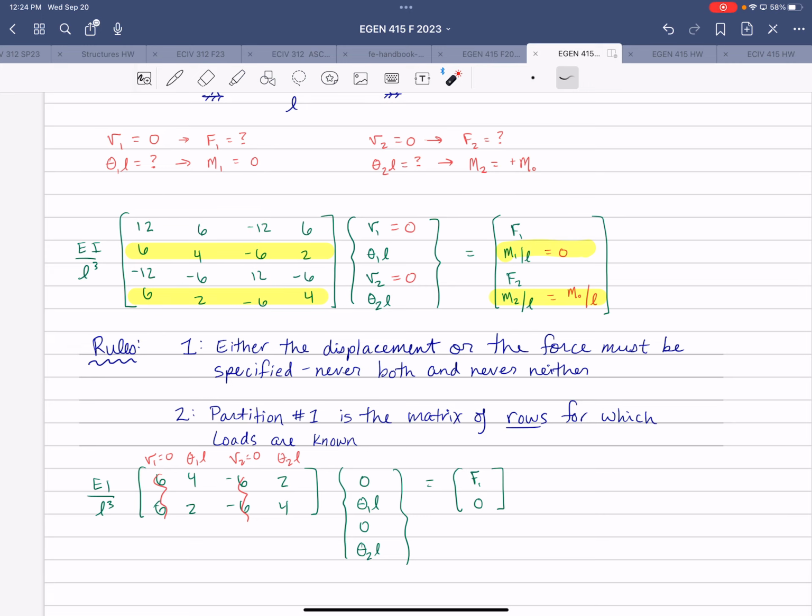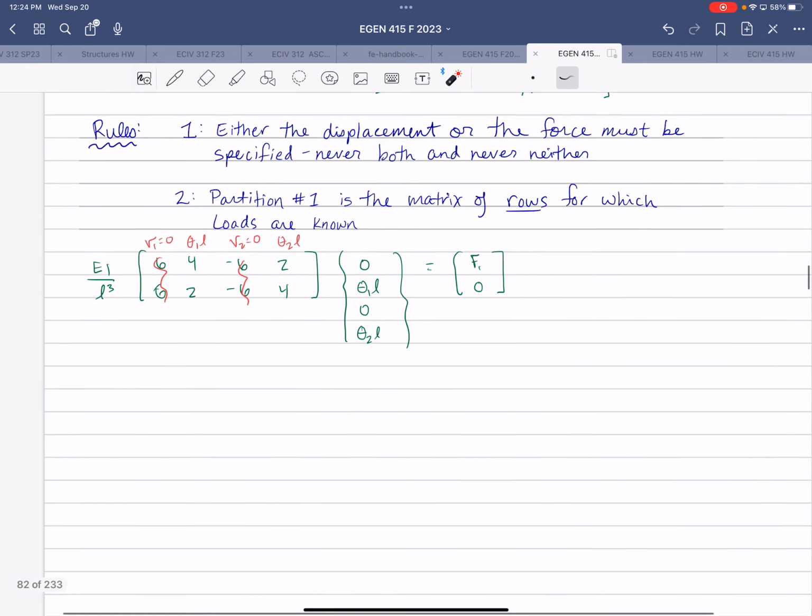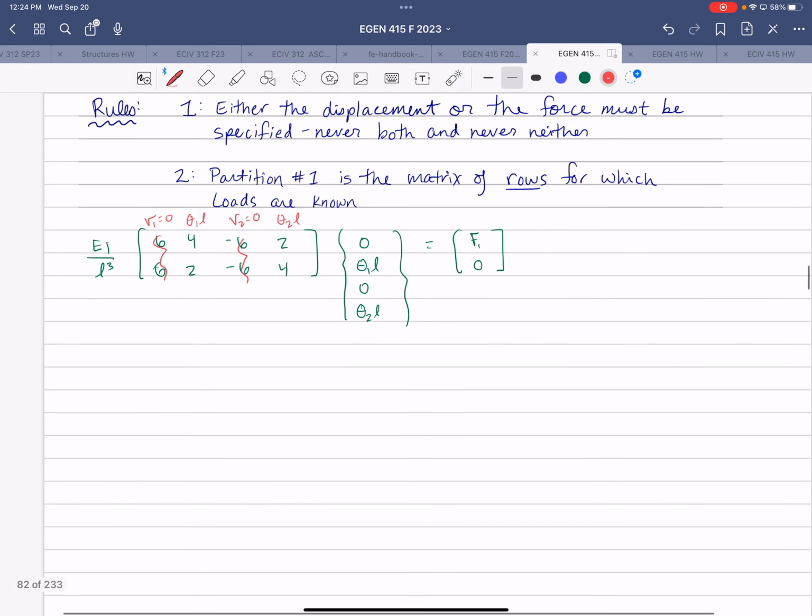And then you don't have to write all 4 columns in your first partition. So the first partition then simplifies to 4, 2, 2, 4 for the stiffness matrix times theta 1L and theta 2L is equal to,